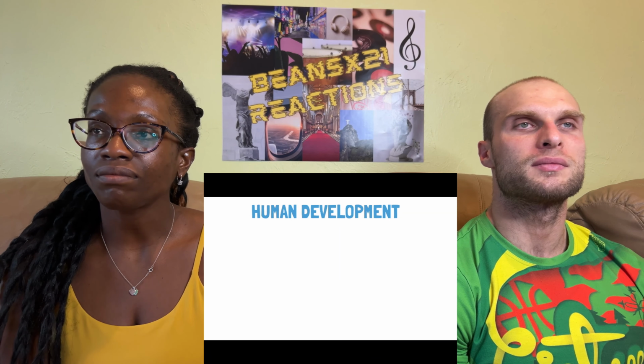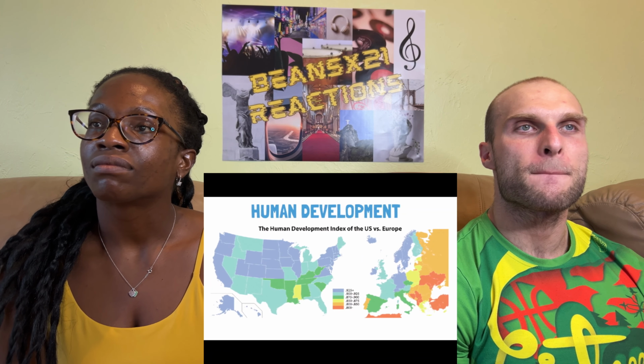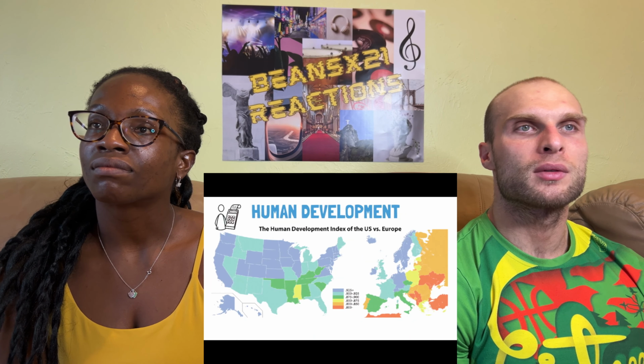Interesting topic is human development. The United States and Europe are arguably two of the most developed areas of the world. This map compares the human development index of each US state and each European country. In case you don't know, the HDI is calculated as the geometric mean of life expectancy,